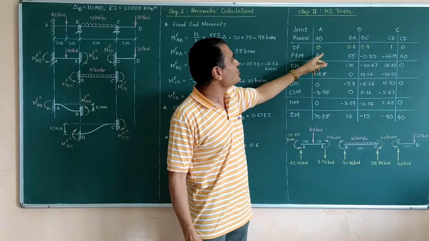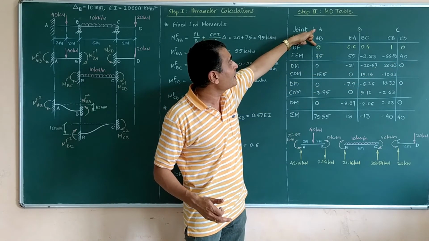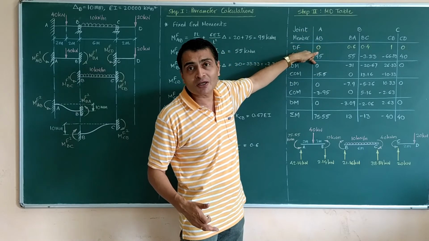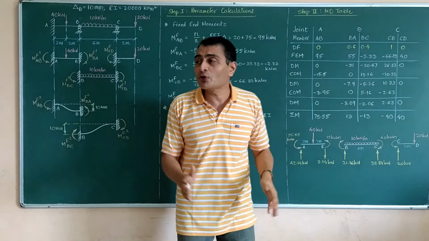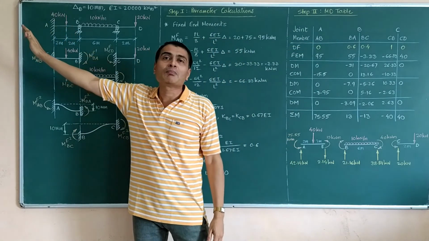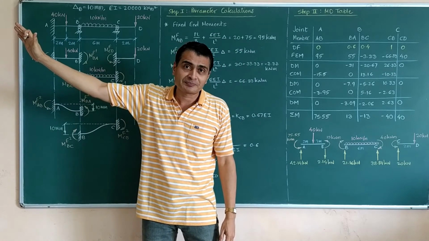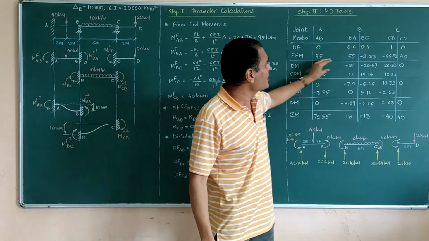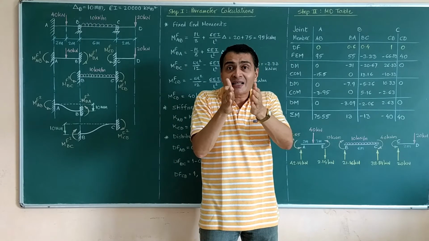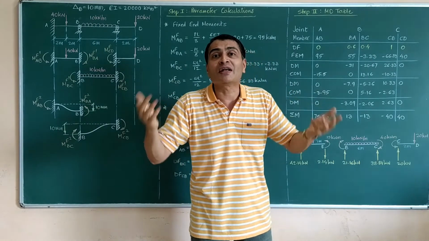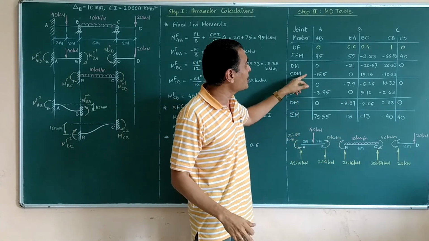Similarly here, this is 95, I apply negative 95, however multiplying it by 0, I am getting a 0 here, which means the entire negative 95, the entire clockwise 95, has been absorbed by the rigid, immovable ball at point A. Great. These are my distributed moments. I apply a moment, it gets distributed and then it gets carried over to the other end. Our carryover factor is 1/2. So that is what we are doing in the next step.